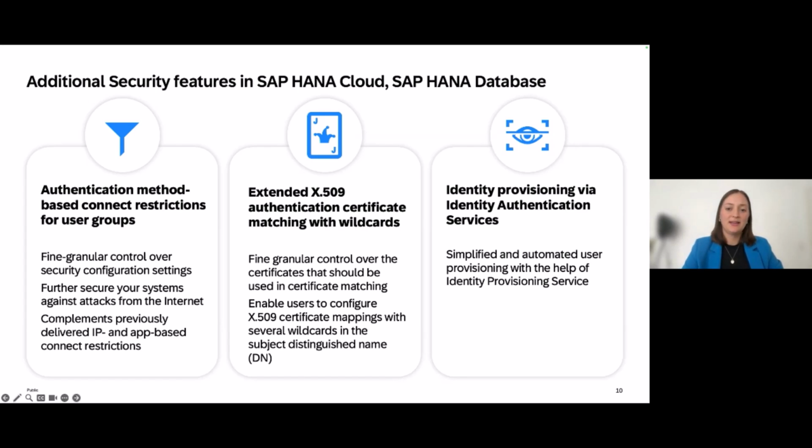from the internet. Next on the list, within the X509 format, you can now make use of wildcards when matching certificates. If this sounds a bit confusing, in easy terms this actually just means you can define attributes that are ignored when you're checking for a match within a certificate. This once again also allows for a more fine granular control over certificates that should be used in the matching